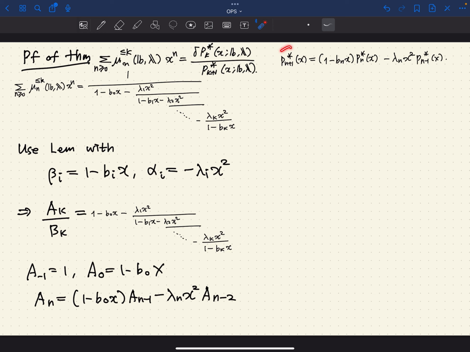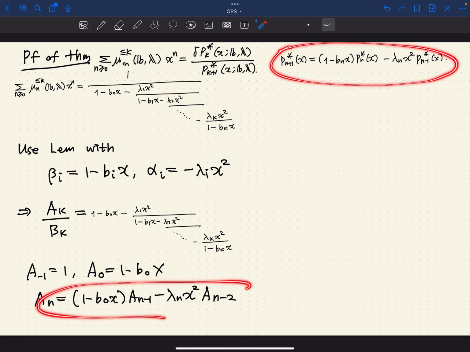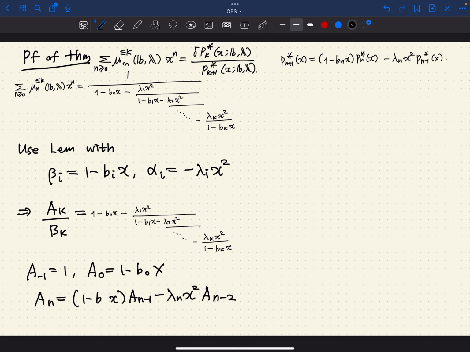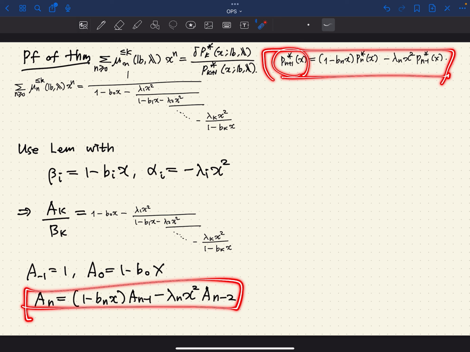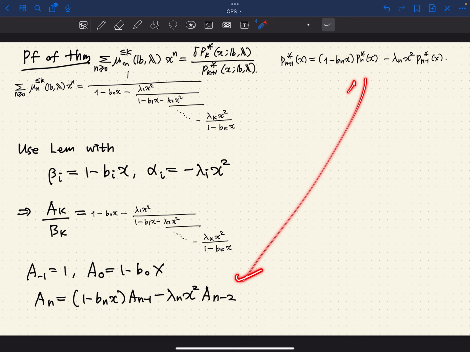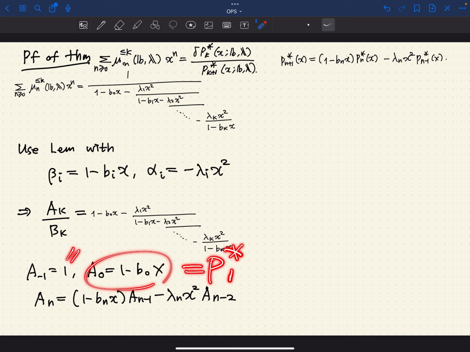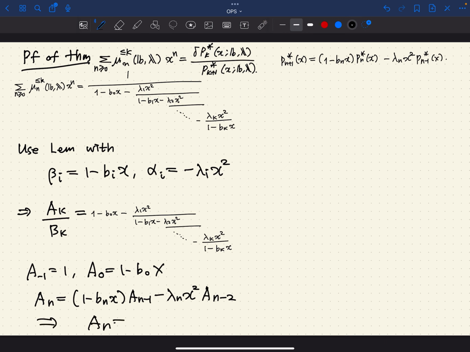But compare with this and this. Oh, this is n. This and this is exactly the same, except this is only shifted by 1. The index n is shifted by 1. So if you say this is an, then this is an minus 1, an minus 2, so they are the same. And the initial condition, this is P1 star, this is P0 star, so exactly the same. So that means an is Pn plus 1 star